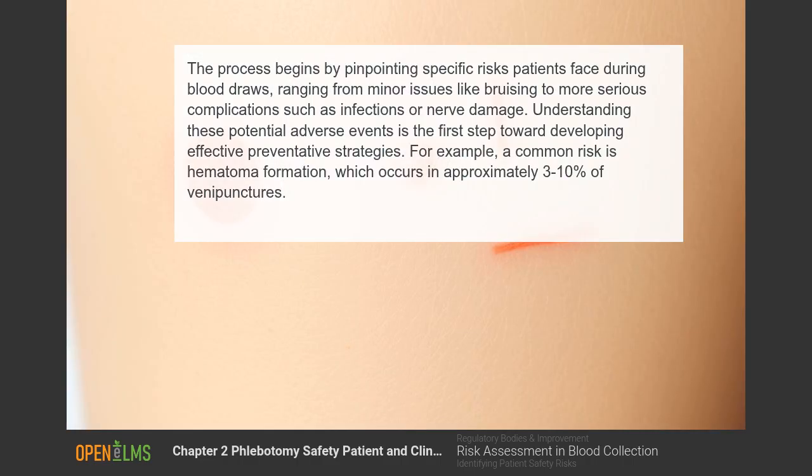The process begins by pinpointing specific risks patients face during blood draws, ranging from minor issues like bruising to more serious complications such as infections or nerve damage. Understanding these potential adverse events is the first step toward developing effective preventative strategies. For example,